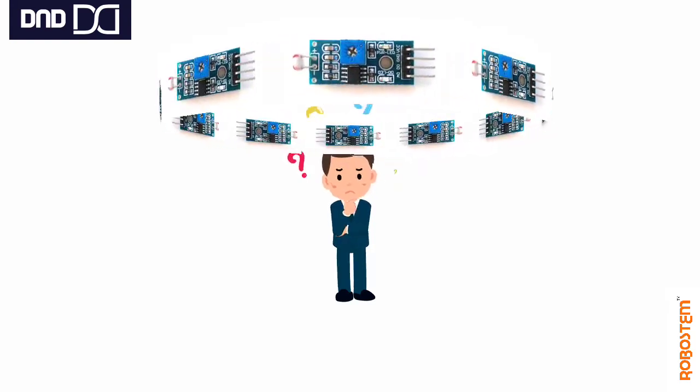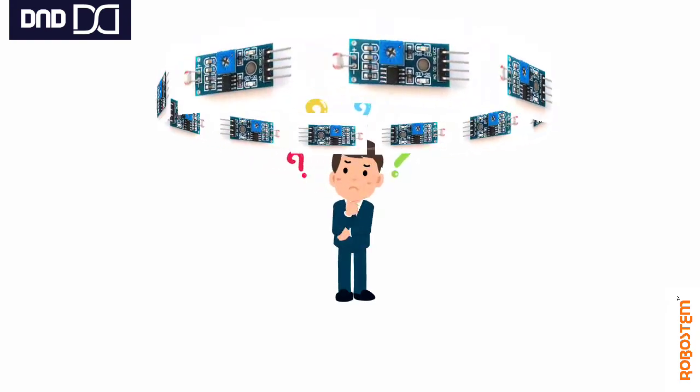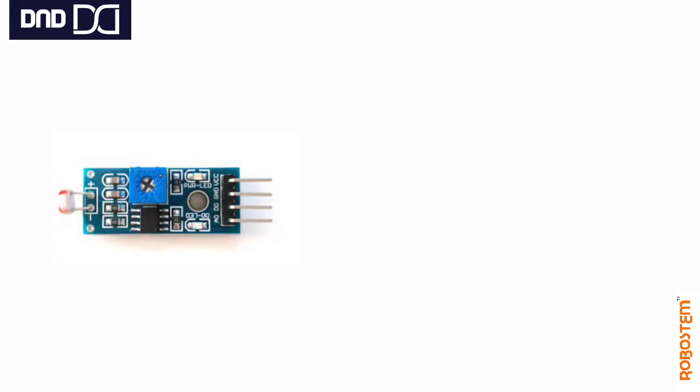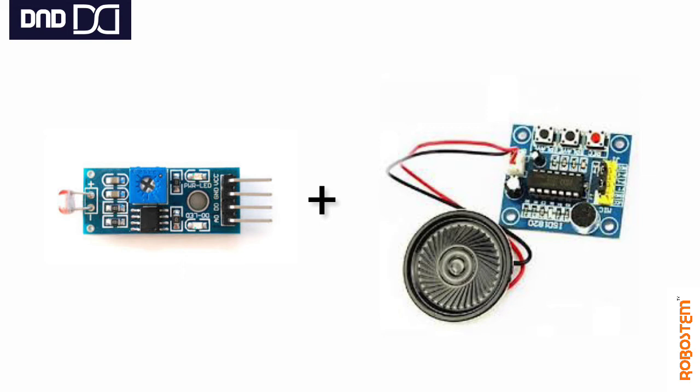So we have learned about the LDR sensor and what projects we can make. A few projects that we suggest are automatic lights at your home, at the place where you live, or at your school. As I said, this can be applied to light sensitive circuits like light activated or darkness activated circuits. If you combine this LDR sensor with the sound playback module, which is a very beautiful component, there is a link in the description. You can see that also.